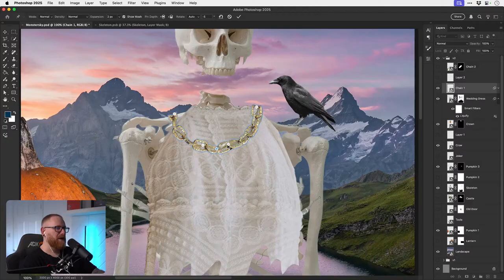Oh, there we go. Ideally, it's nice to have one, but whatever gets the right shape. There we go. You could hold Alt/Option as well to rotate them, so this can help get the right angle. So it's actually linking around the neck.